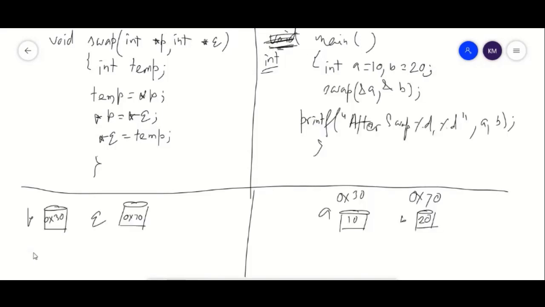Now just have a look here. Temp is another variable. Now as I have already said, what is the meaning of star P? Star P means value at the address position stored in P. So 0x30 is the address position. What is the value at the address position stored in P? 10. So it will store 10. Now star